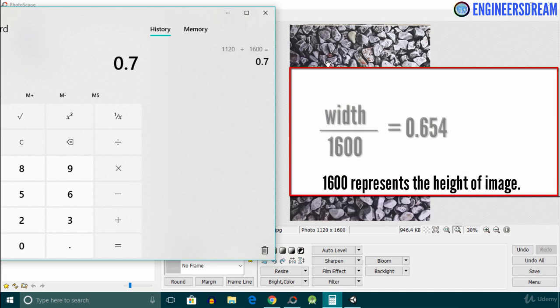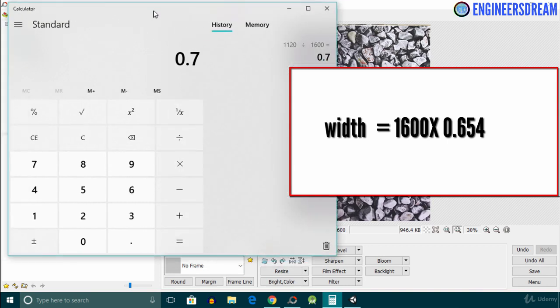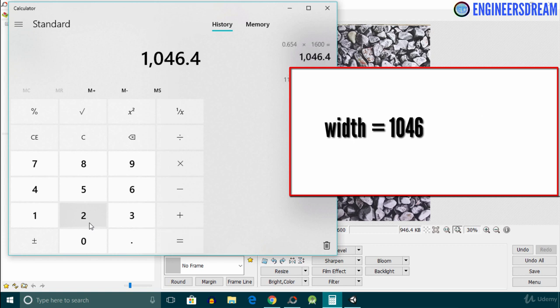Next, I will take the 1600 to the right hand side, so we have 1600 multiplied by 0.654. If I do the math, 0.654 multiplied by 1600, and press enter, the final answer is 1046.4. So we will ignore this decimal point.